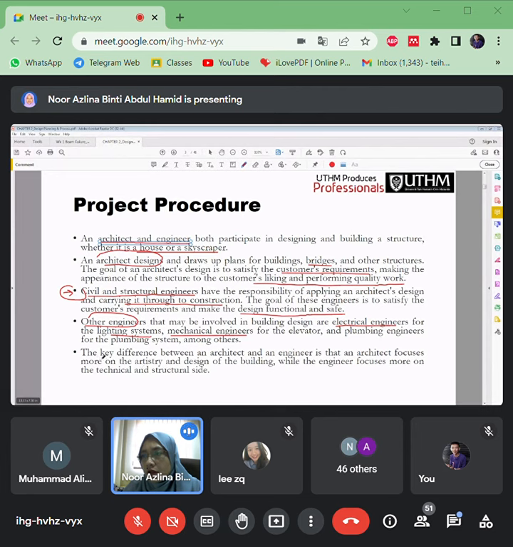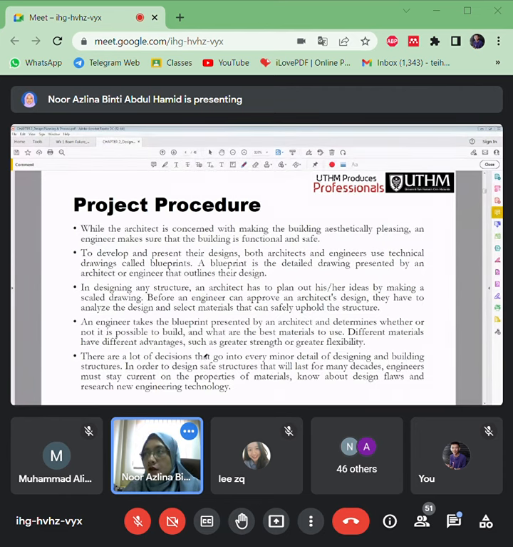So the key difference here is that the architect focuses on aesthetic value, on the design of the building, while we as engineers focus on the technical and structural side. I think this repeats from the first slide, which is more on aesthetics, especially for the architect here.